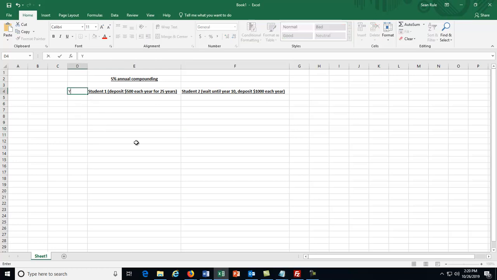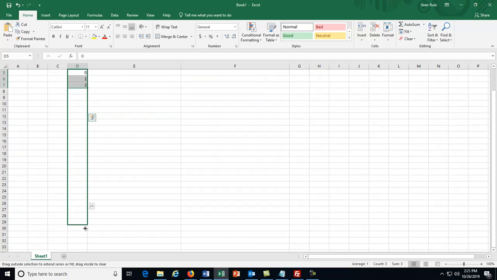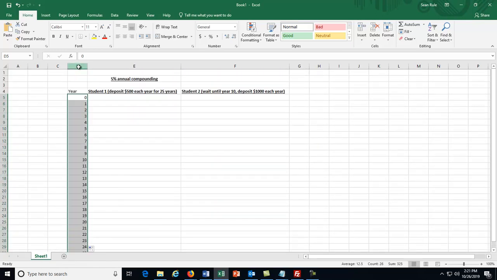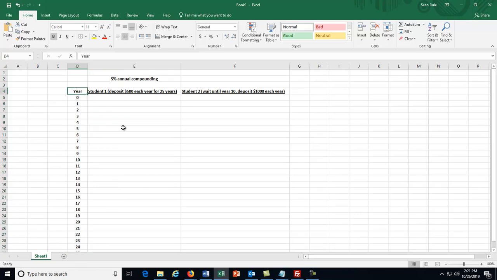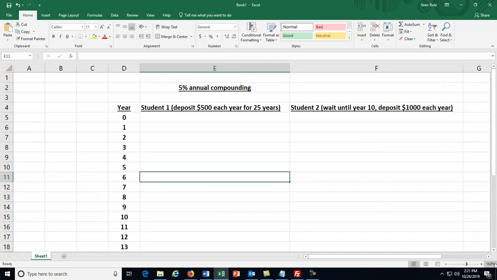I'm going to keep track of years over here, and we're going to do just like we did in class: 0, 1, 2, and we're going to go all the way down to year 25. And that's when they're going to let the account accrue one more year of interest and then pull it out. All right, so let me show you how this looks compared to how we did it with just normal